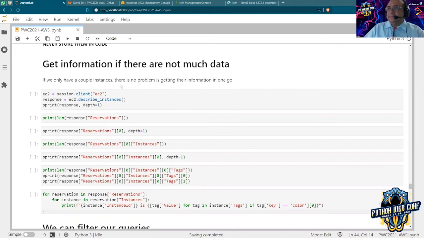Perfect. So when we work in the cloud, we should be ready to work with a lot of data. Not always are we going to work in our personal accounts with 3 instances. Normally, we're going to have a couple hundred instances in each of our accounts. We're going to have tens, hundreds of users, tens, hundreds of Lambda functions, tens or thousands of buckets, files, databases, a lot of information. So if we want to get information of all of it in one go,